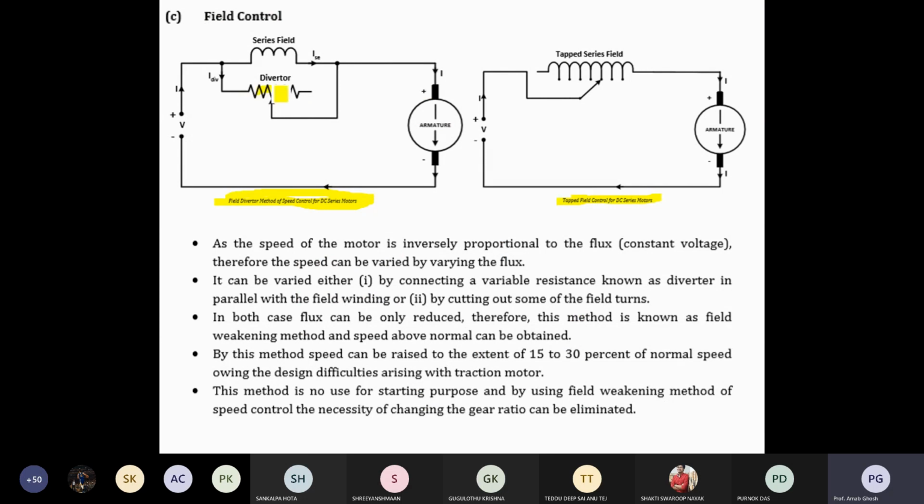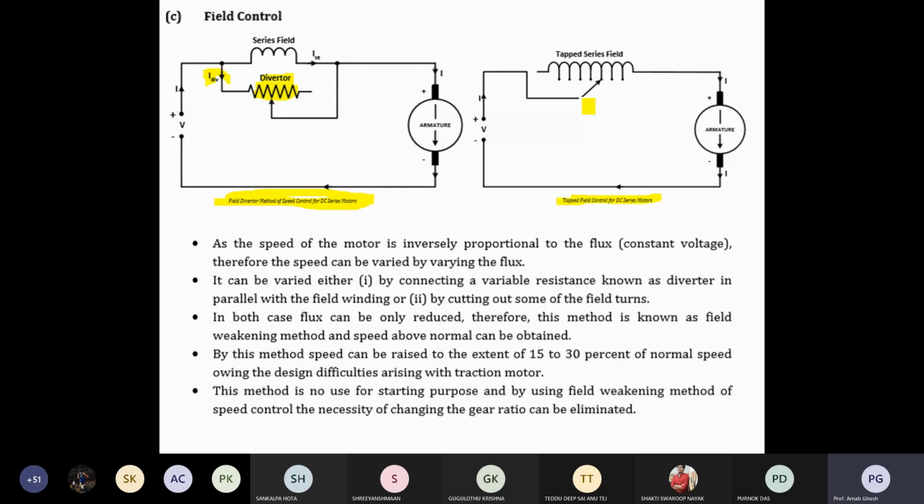You can use the diverter, for the diversion of the current, and you can also use the tap changer. But what will be the problem? In both cases you know that the flashing will be there. Inherently in DC machines the flashing is there. Due to the flashing, the efficiency is less, meaning additional energy is lost. So that kind of problem is observed, and that's why you should not use that.